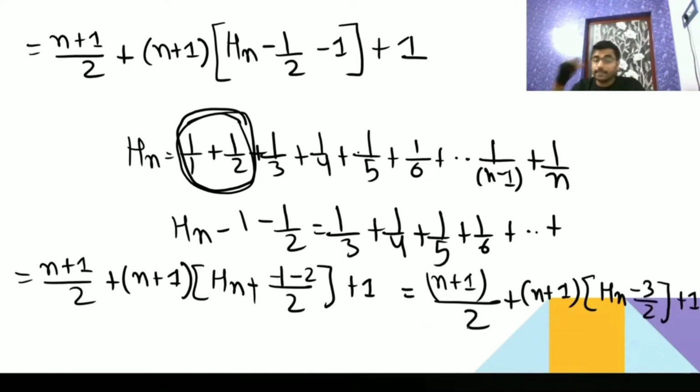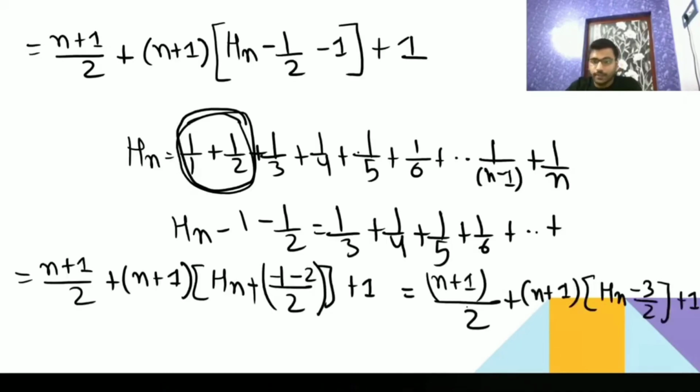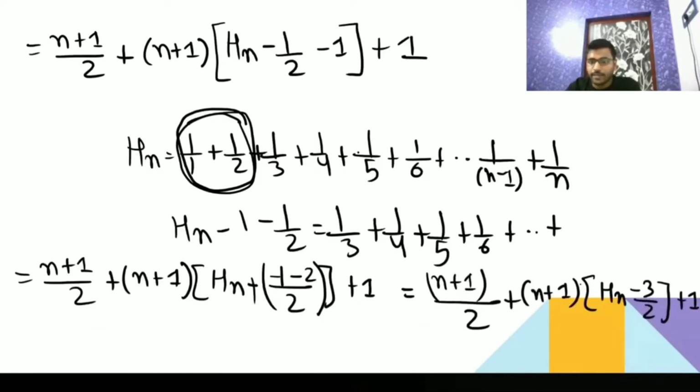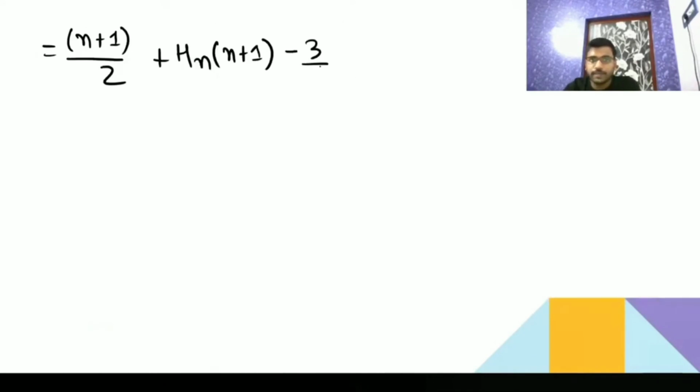If you are done with the writing, then please let me know. So you are going to get (n+1)/2 and Hn, Hn (n+1). Then you are going to get minus 3/2 (n+1) plus this, you are going to get minus 3/2. So 2 is going to be common. So if you do that, or the simple way,